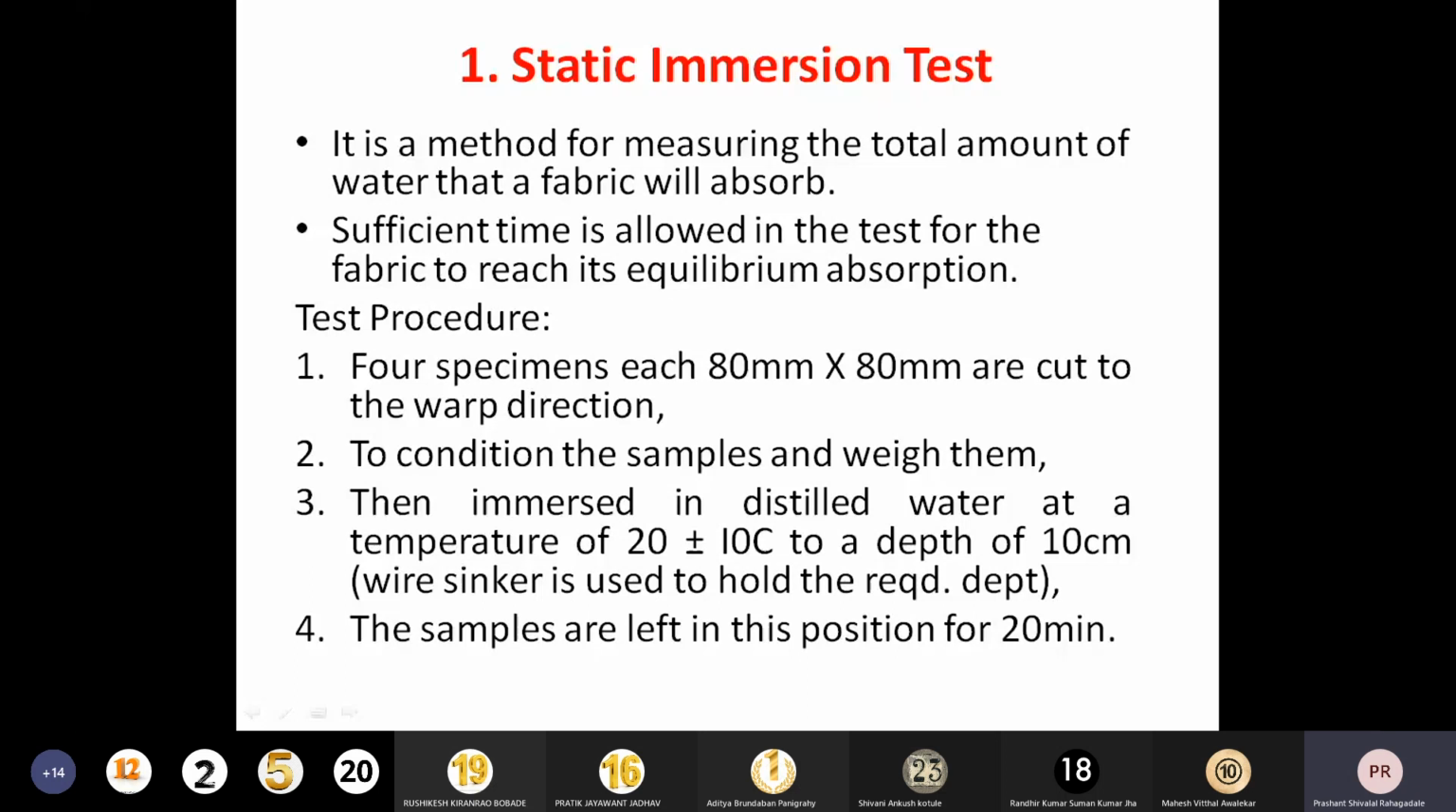So what we do here, just wait a second. Now as you can see in this PPT, we have written the points. Fourth specimen we are using here each of